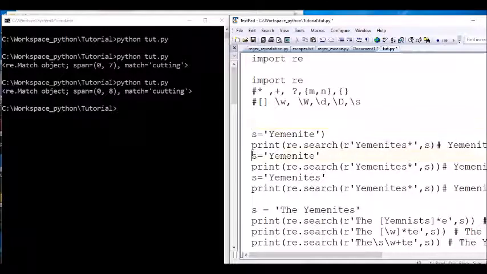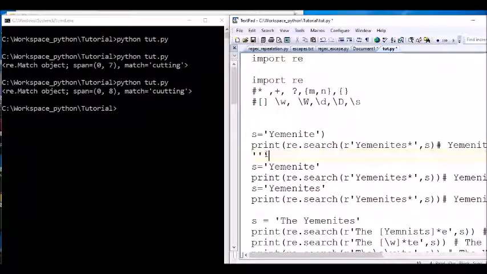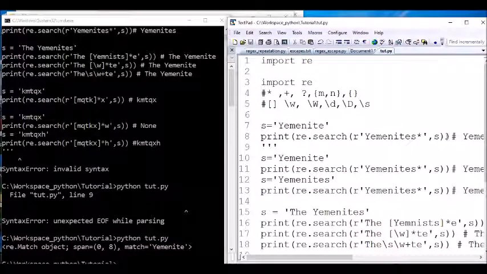Okay, search for this one with the S. That means if you didn't find the S, it does not matter. It's like zero. So it will match this one because all these letters are the same, and the S does not matter here. The parentheses were missing here. So here we look at this one with the S. If you don't find the S, it doesn't matter, so it will find Yemenite.